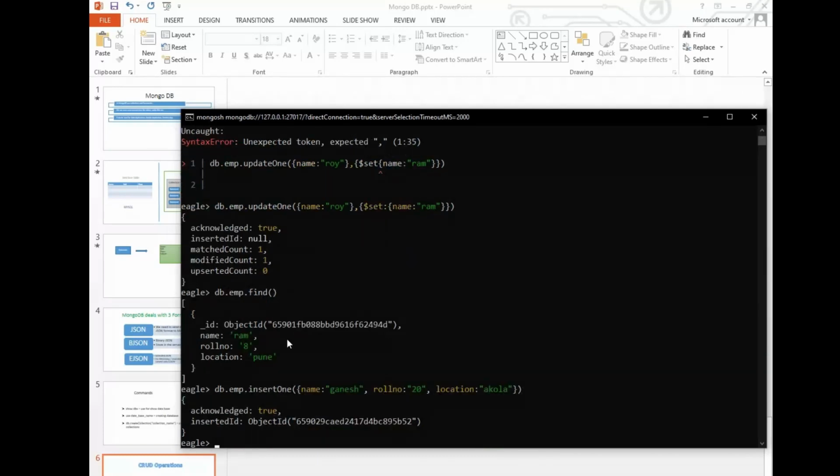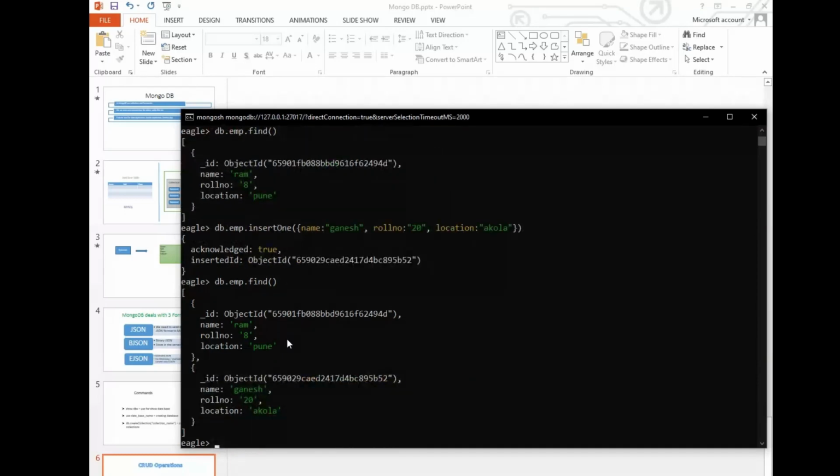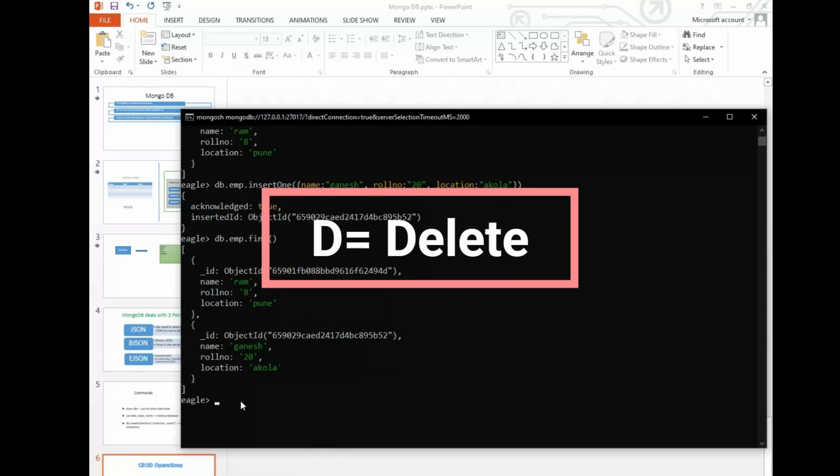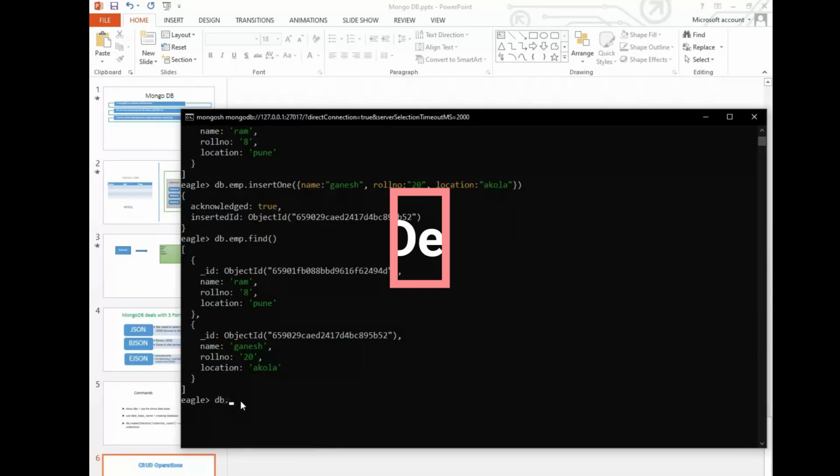Now it's done. Now find. Now there are two documents here. We want to delete one document, this one, that is Ram. So type the command db dot, then for deleting we first write our collection, that is employee, then delete